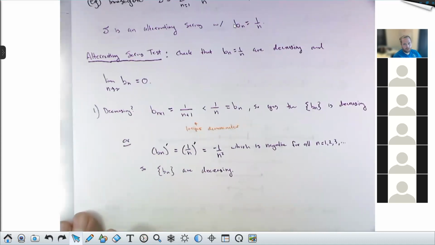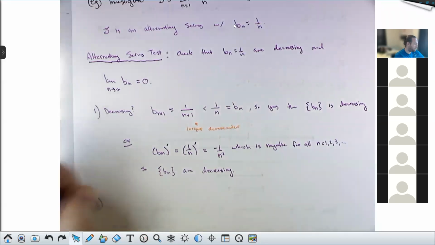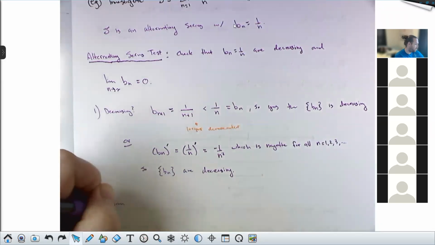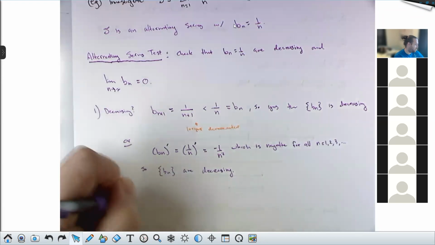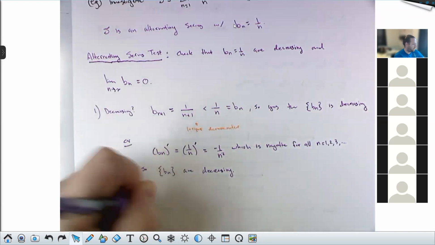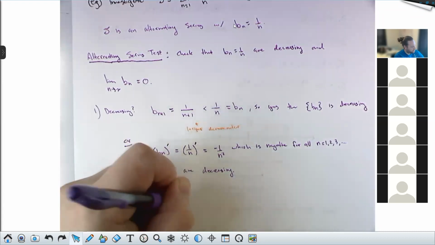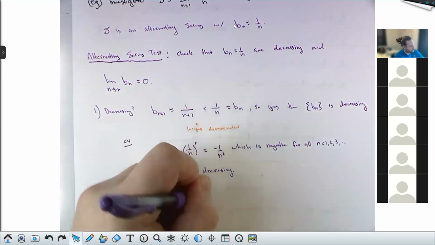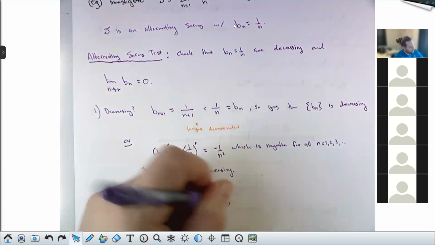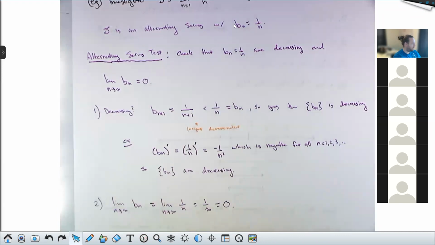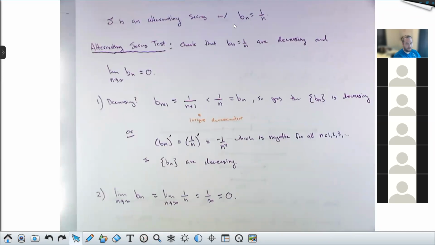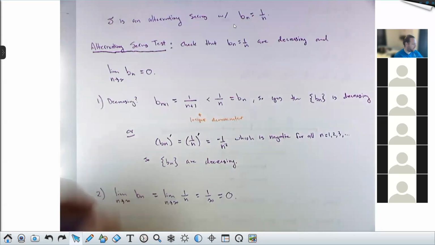I think the inequality is nice to use when it's obvious, but if the inequality isn't obvious, then you should probably use the derivative. Is the limit of the Bn 0? Yeah. Lim n to infinity of the Bn is lim n to infinity of 1 over n is 1 over infinity, which is 0. So yes, we are decreasing, and yes, the limit is 0. Plus,